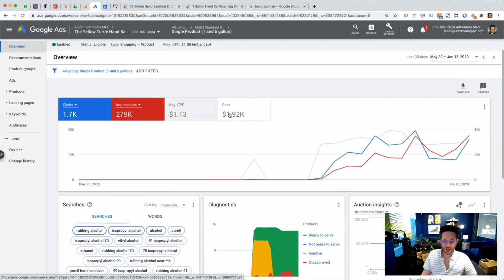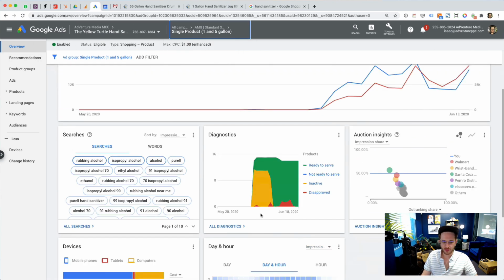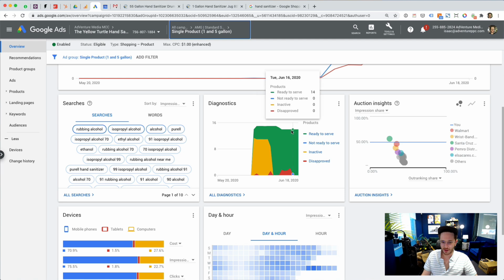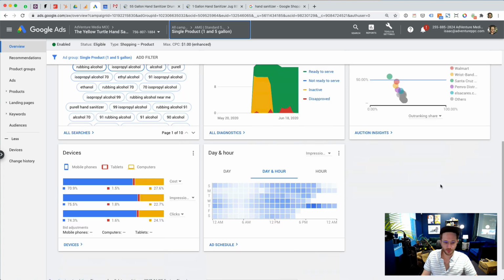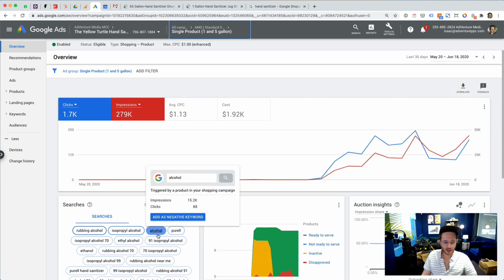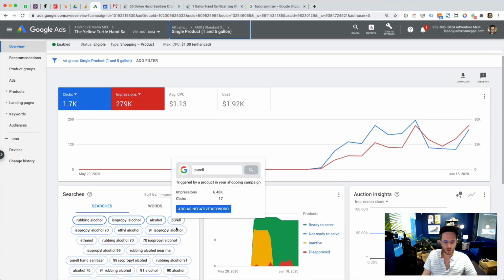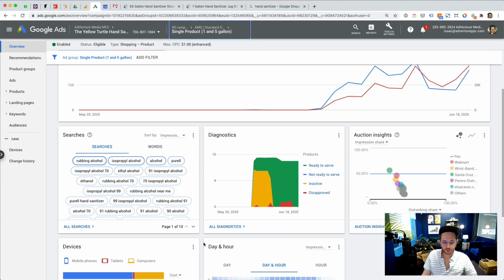I like the overview tab for both shopping campaigns and overall in the account, because over here I have the feed, so I can see that all my products are approved. I could see who I'm competing against, which is nice. I want to see that this is relatively stable. I can see the devices, and again, I could see the sort of overall